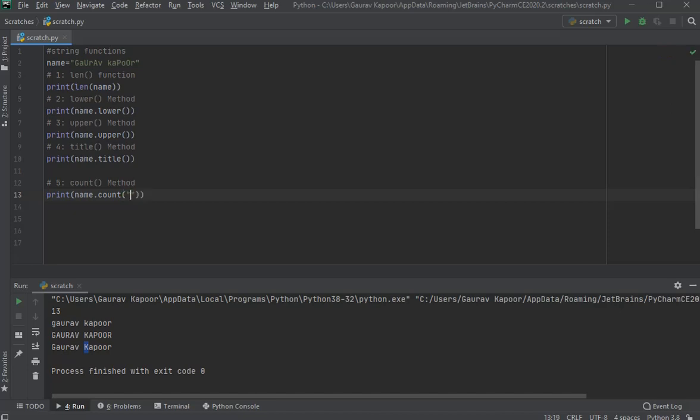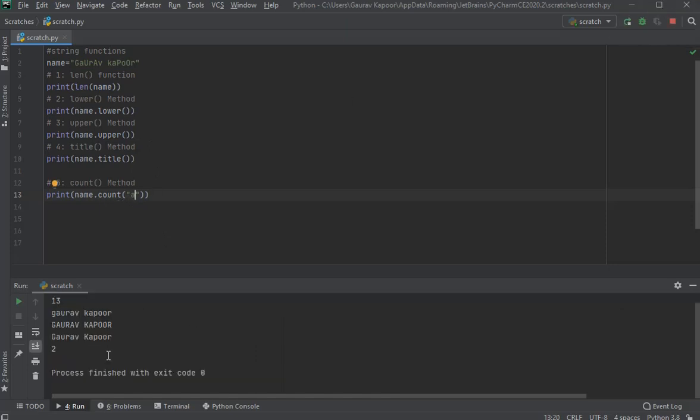I want to count A in it. So I have written count and in parentheses I have written A. Let me execute it and see, it is 2, but in my string I have 1, 2, 3. 3 times I have written A, but here it is showing only 2.